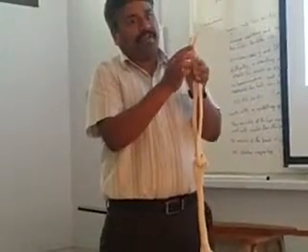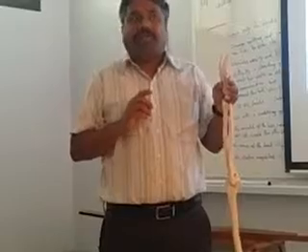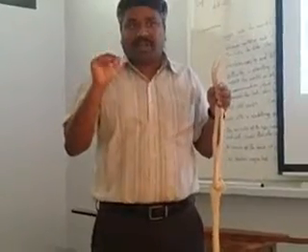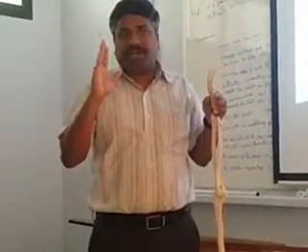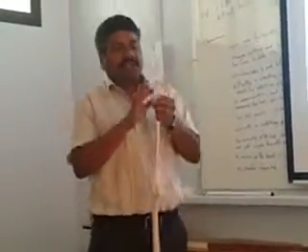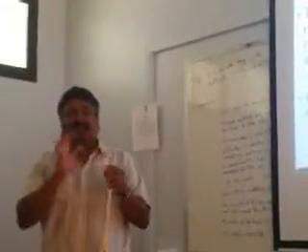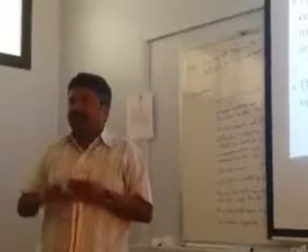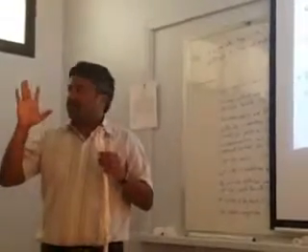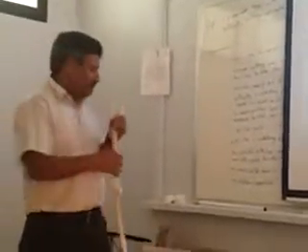Metacarpophalangeal joints are the condyloid variety of synovial joint, having movements in two axes: flexion, extension, abduction, adduction, and slight rotation. Okay, so that is the condyloid variety of synovial joint. And then the interphalangeal joints are the hinge variety of synovial joint, where you have the movements of flexion and extension.